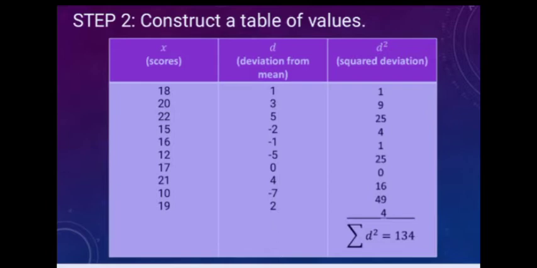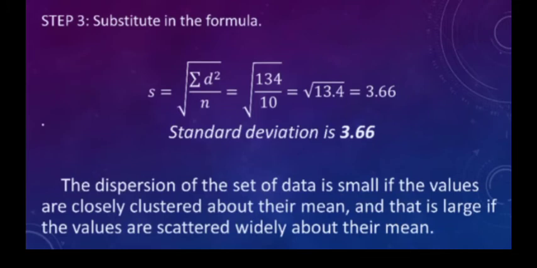So we can now get the summation of d squared, and that is the total of the square deviations, which is equal to 134. Now let us substitute the computed values in the formula. The standard deviation is equal to the square root of the summation of d squared, and we got a value of 134, and our n is 10. So that is the square root of 134 all over 10, which is equal to the square root of 13.4. So our standard deviation is the square root of 13.4, which is